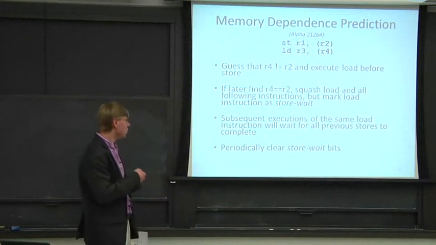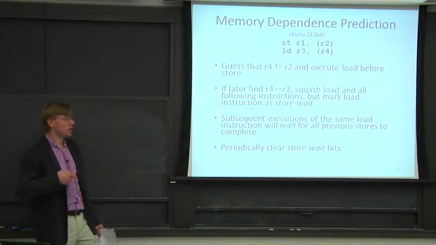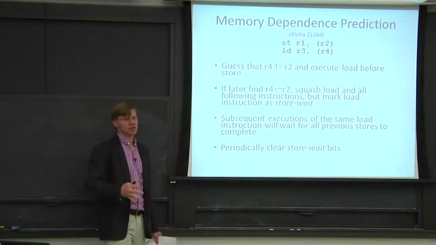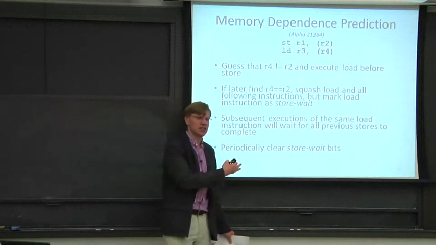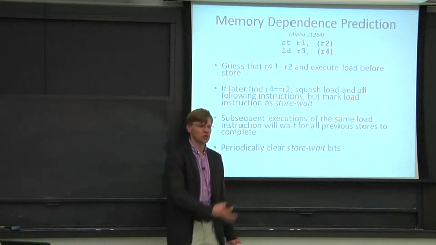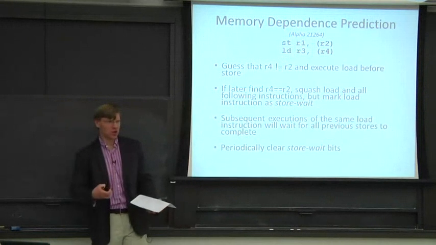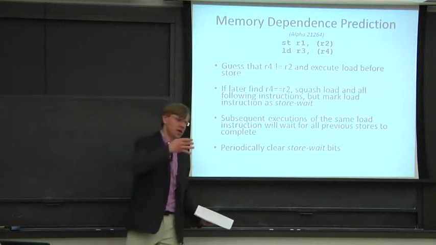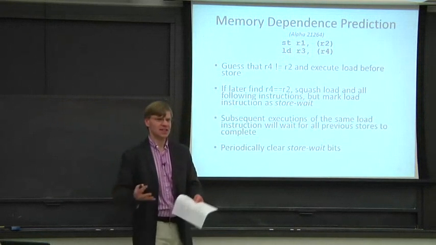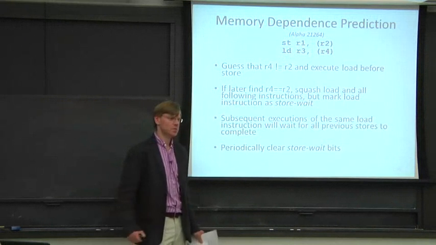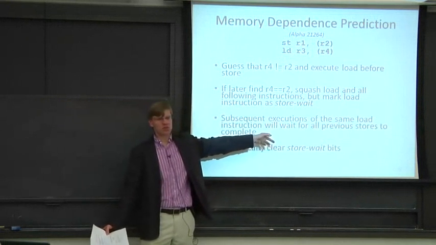And then, when you go to execute that same load at a different time, it's going to wait for all the stores to complete, and it's going to barrier. This is kind of a prediction. It's just a heuristic. But it's one way you could potentially not cause that load to always replay. And if you have multiple dependent loads, or excuse me, loads dependent on one store, you could potentially cause those loads not to have to replay multiple times. But the big advantage here is when you go to re-execute that load sometime in the future,